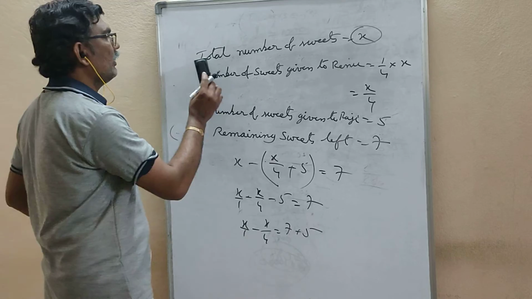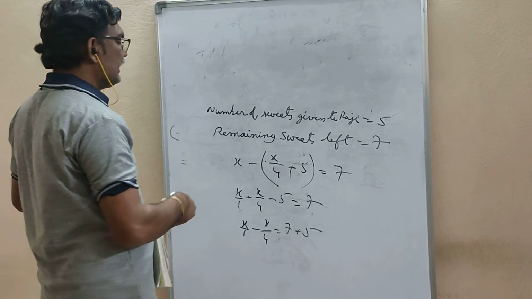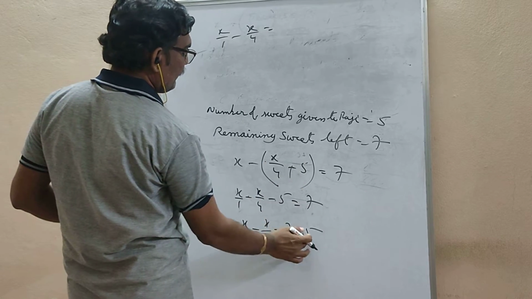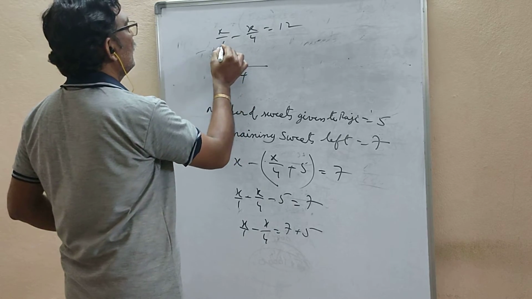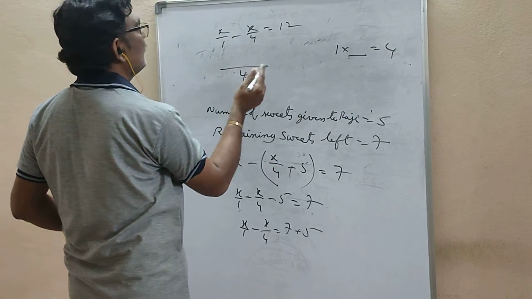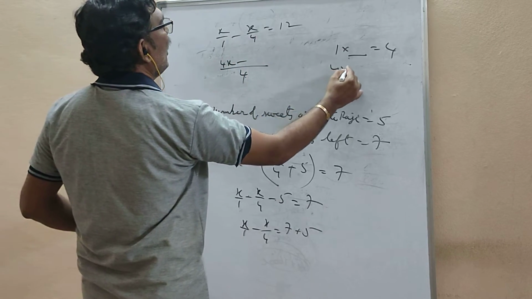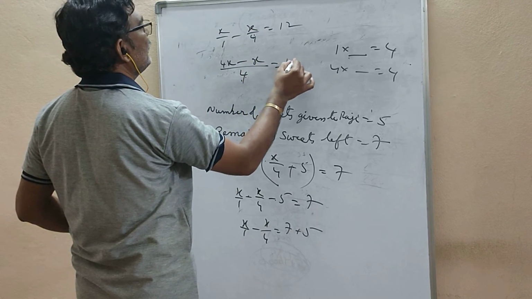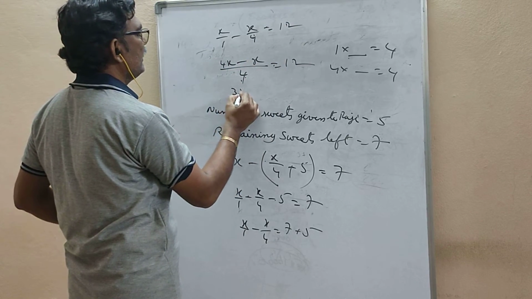Now I am doing this problem on top here for your understanding. Now x by 1 minus x by 4 is equal to 7 plus 5, which is how much here? 12. For 1 and 4, the LCM is how much? 4. 1 how many times will go? 4 times. This 4 into numerator x, 4x. 4 how many times will it go? 1 time. 1 into x, x only. Remaining same I copied. From 4x you have to subtract 1x, 3x.